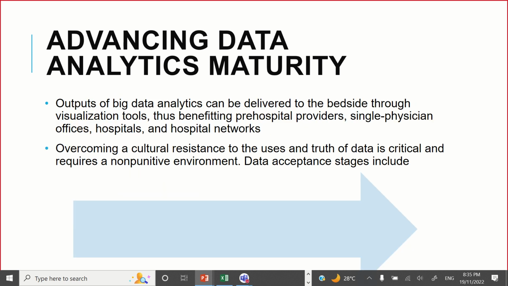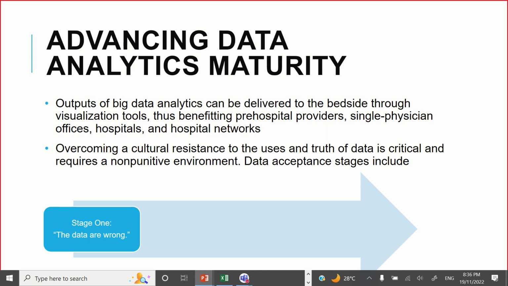So going forward to the next point, we say that there are certain challenges when you start collecting data at the early stages, and there are stages for data acceptance. These include stage one. People will tell you the data are wrong. Have we seen this? Does this remind us of anyone? Have you ever heard someone telling you that the data is